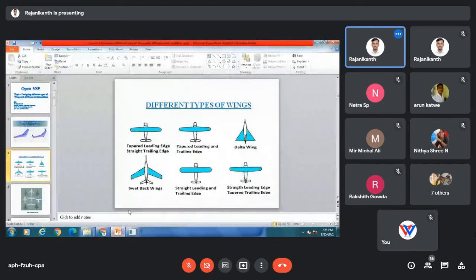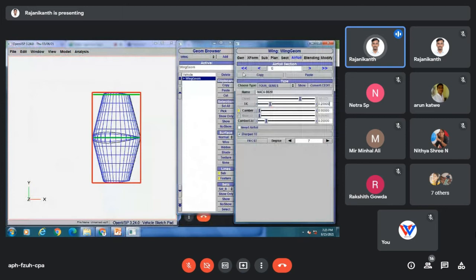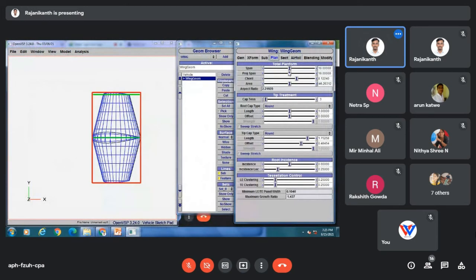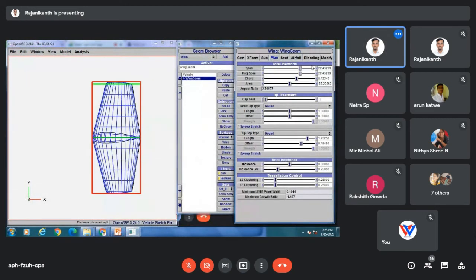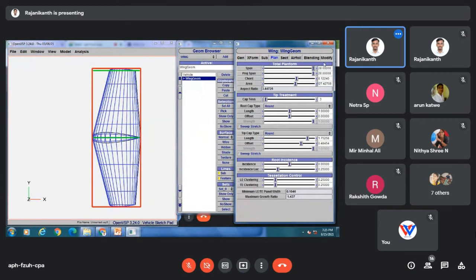You can even increase the span. For our case, the span is less, so we can increase the span. That's it.